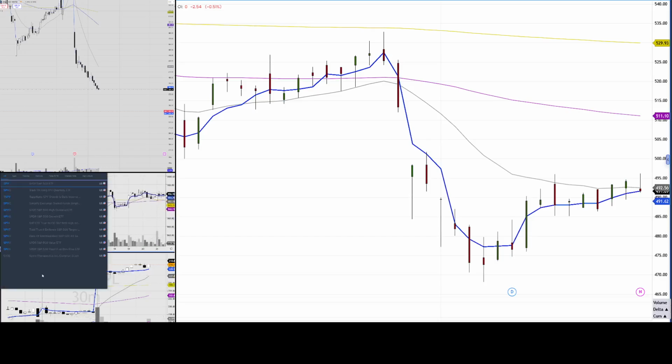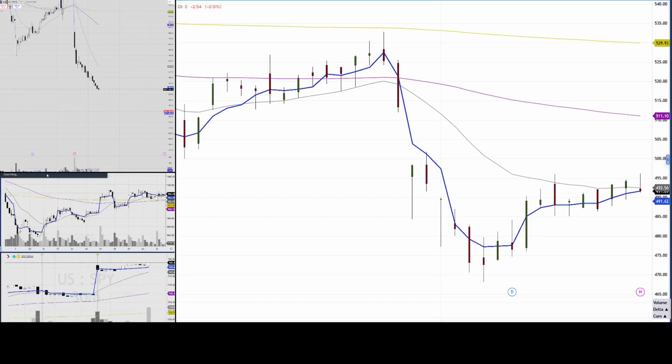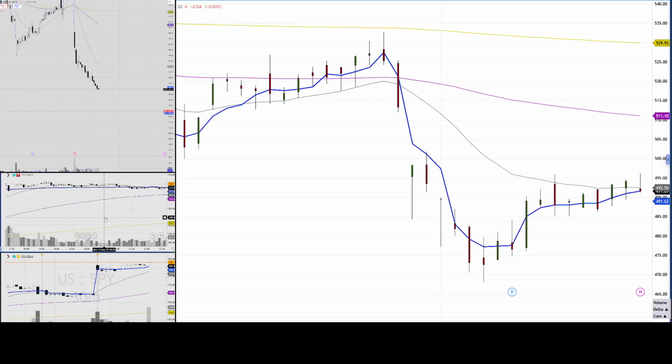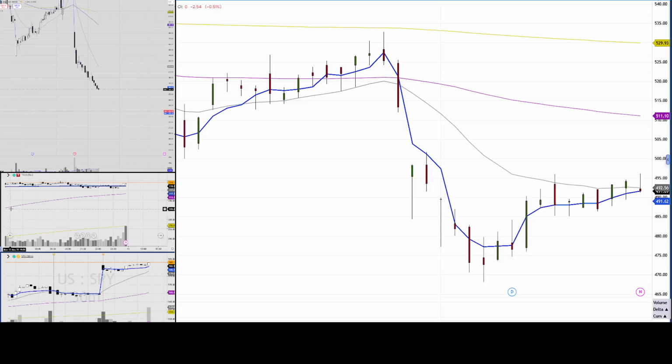Let's make this SPY. Let's make this Tesla. Let's make Tesla 5 minute. And we are done setting up the charts. Wow, this looks really nice. Anyway, what I now care about is